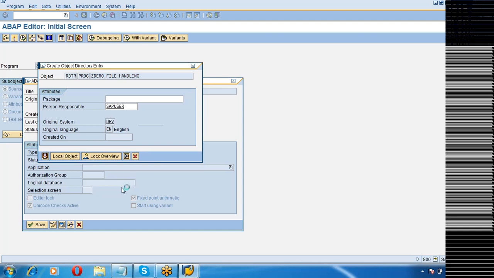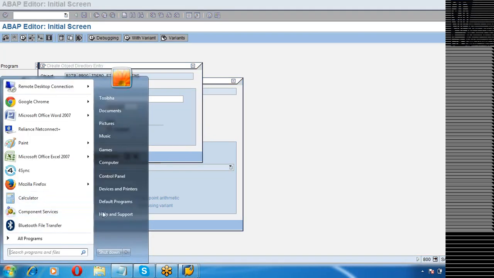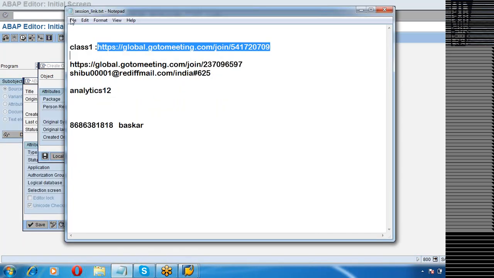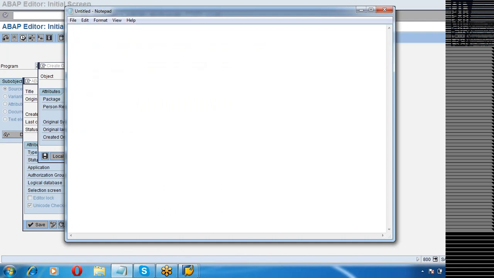When we generally talk about files, there are two locations from where we can interact with files. We can interact with files from both the application server as well as the presentation server.